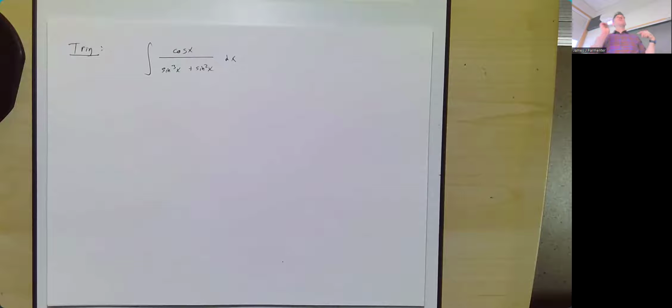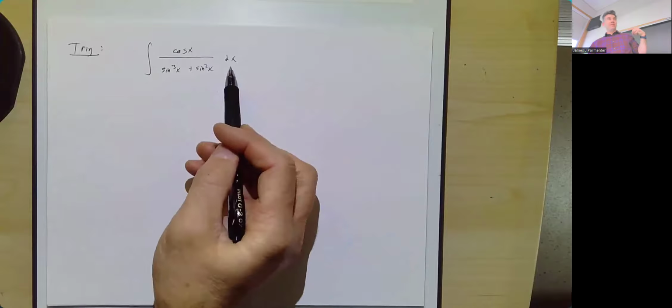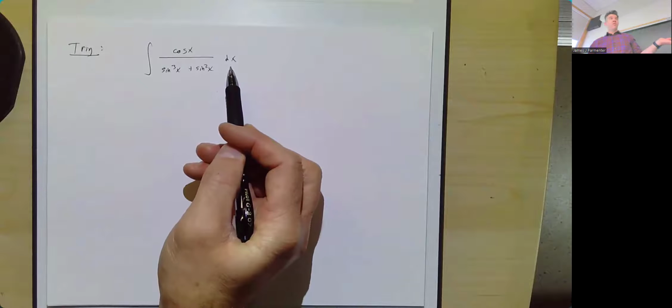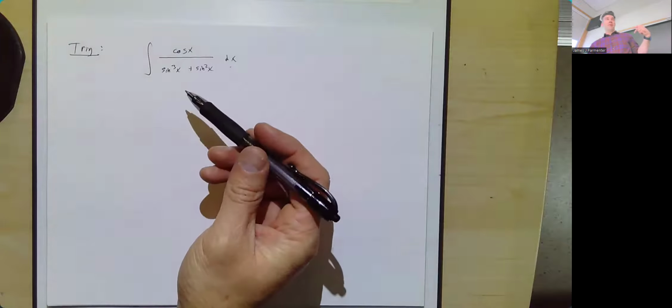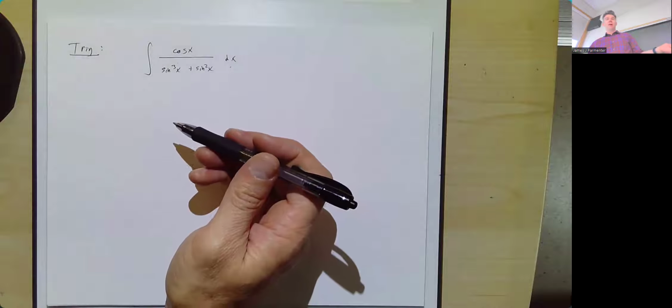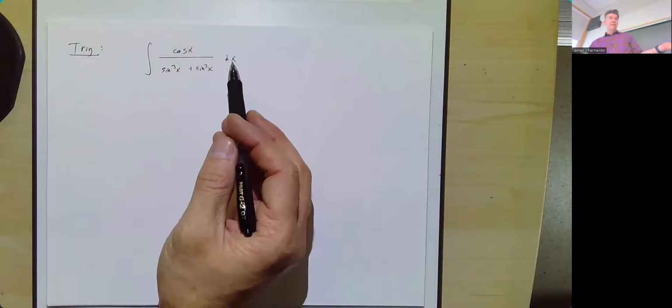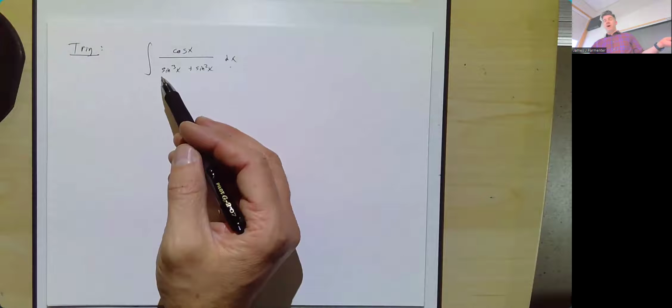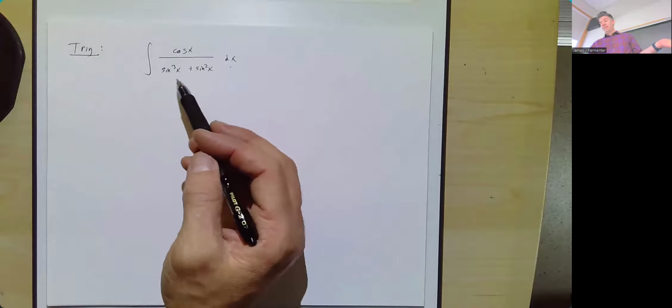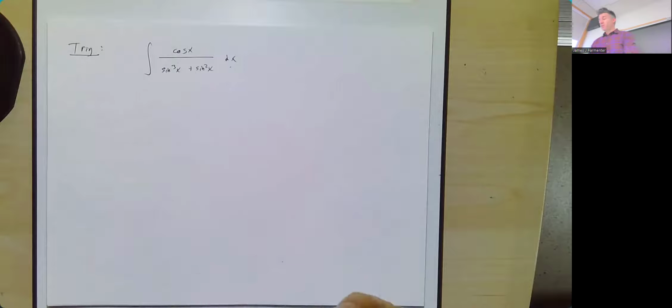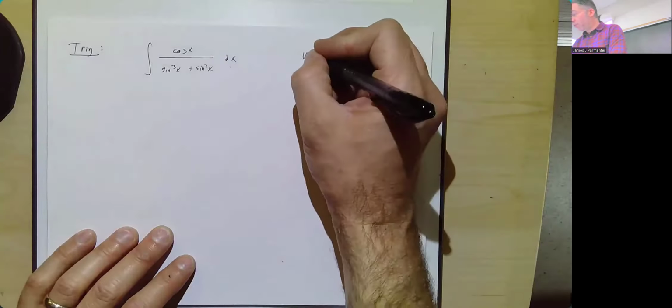What's the derivative of sine? Do I have a cosine times dx? I for sure do. On the other hand, if I picked u equal to cosine, my du would be sine, and I don't have sine times dx. Even if you factor out the sine from the bottom, it's still not sine times dx, it's 1 over sine. So I'm always trying to make a choice for u